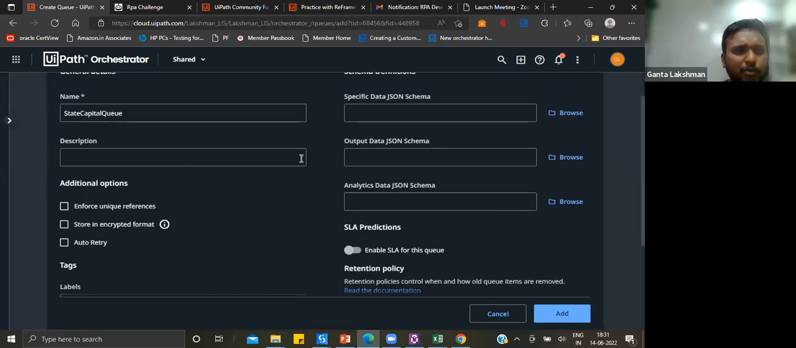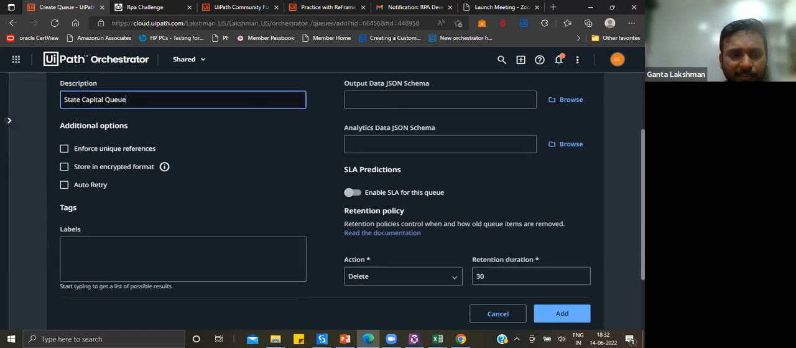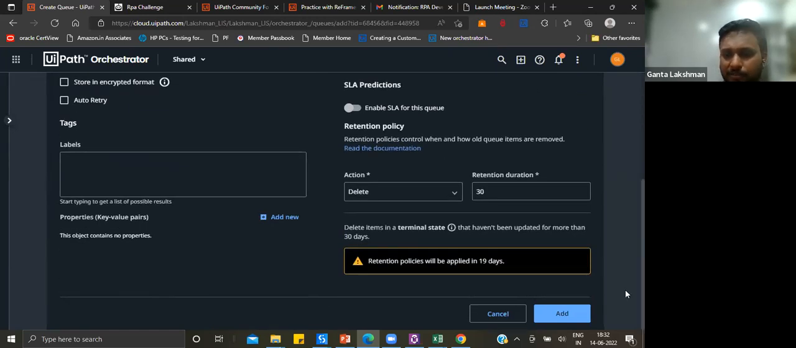That's it. You need to put the name state capital new, and the description is optional. You can keep anything if required, but this field is optional. You can see that if any field is required, it will be marked with an asterisk. Now clicking on the add button,